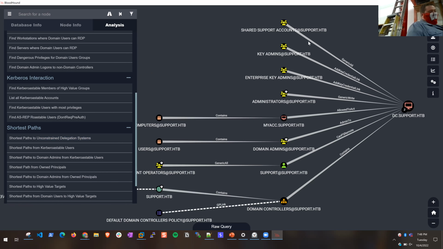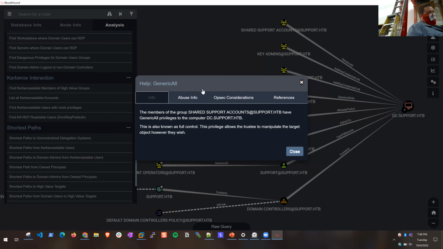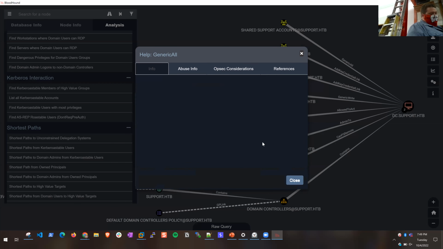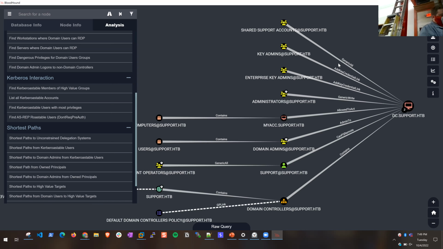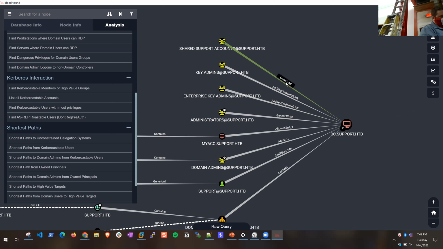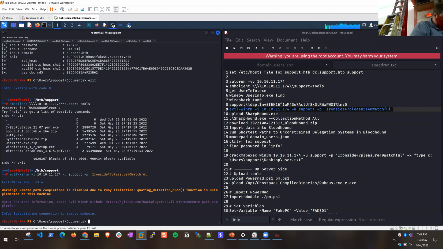Don't ask me to explain that right now, but if you want to know, in Bloodhound you can go to help, and it explains, as well as gives you all the commands to run. So it's super nice. This particular issue does not stand out to most people. I might miss this if I wasn't carefully looking at all these queries. But this right here basically allows this support account all rights to the domain controller. So that's going to be a high value target. That's what we're going to go after for the remainder of this.